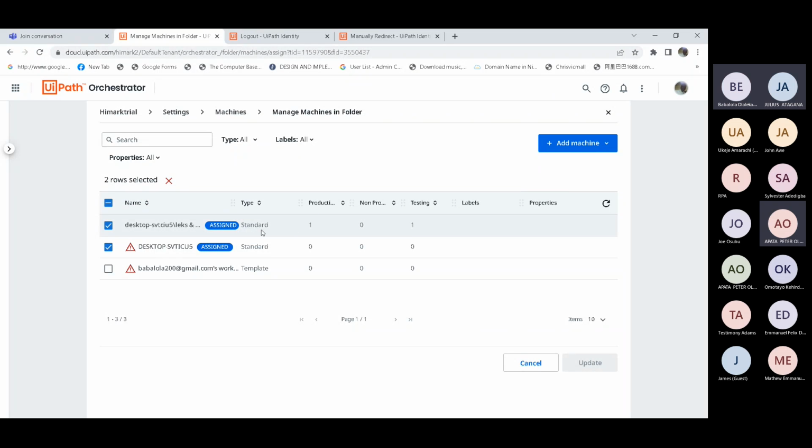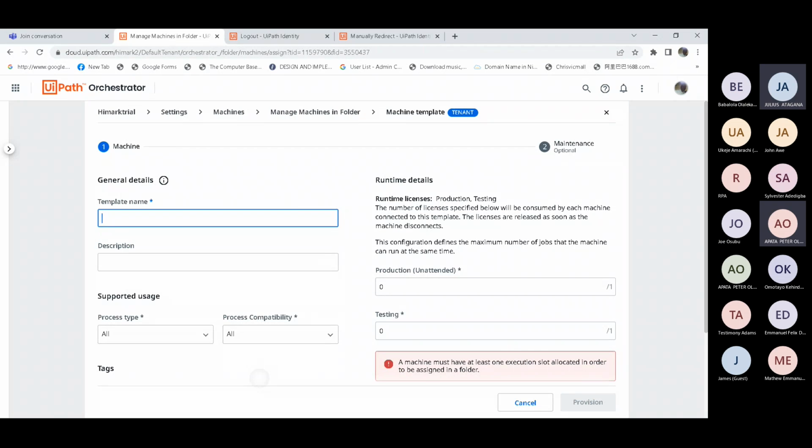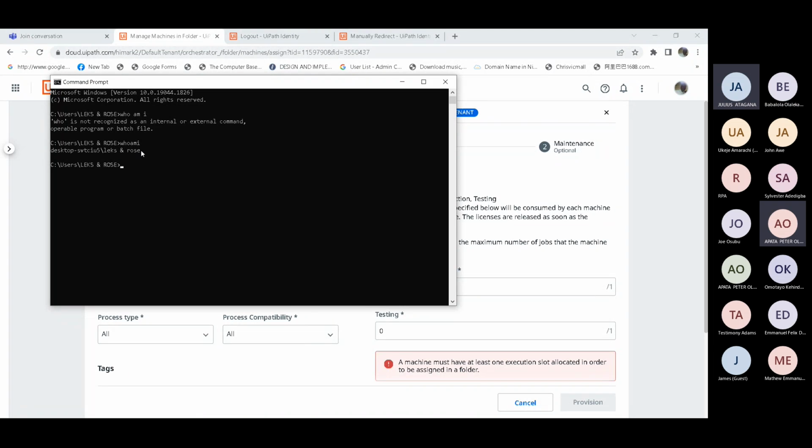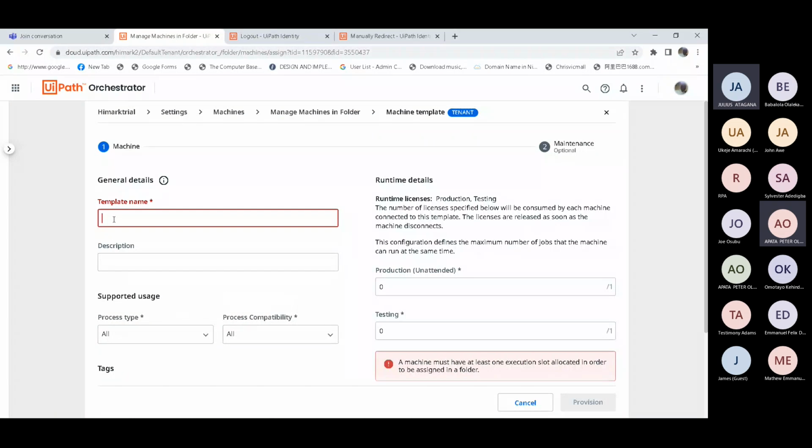No, click on add machine, by the right hand top. Okay, machine templates. Then I'm supposed to paste still. Yes.